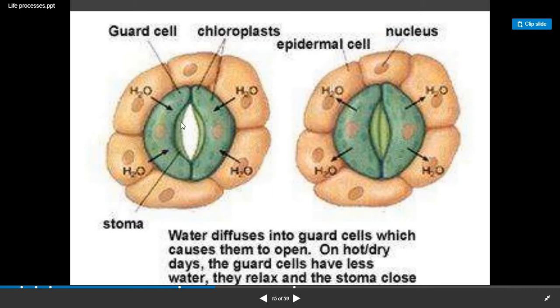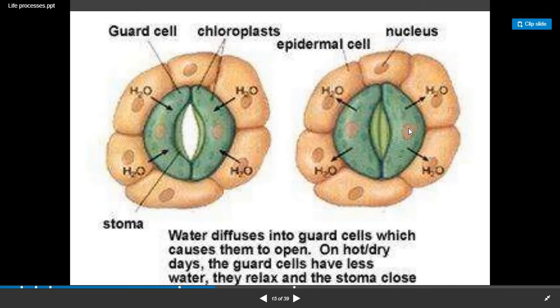So here these guard cells are in a swollen structure due to the absorption of water, as H2O is moving inside. As a result, the stomatal pore gets open. This condition is known as the turgid condition. Whenever there is a shortage of water, or the guard cell loses water, that is H2O moves out, then the stomatal pore gets closed.